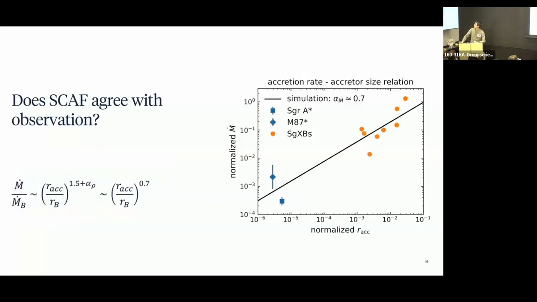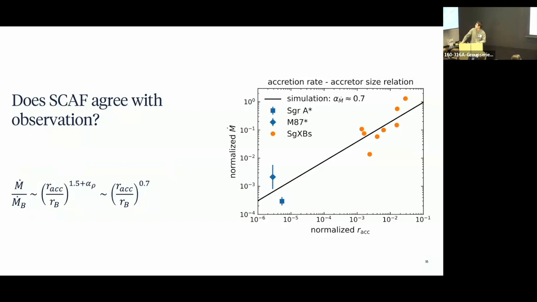And in conclusion, now we have a theory of this simple convective accretion flows that agree with observation. So the simplest check we can make is to predict the dependence between the accretion rate and the scale separation. Basically, if you normalize your accretor size and accretion rate both by the corresponding boundary radius and boundary accretion rate, you'll find a slope of around 0.7, and that agrees fairly well with the two supermassive black holes we know